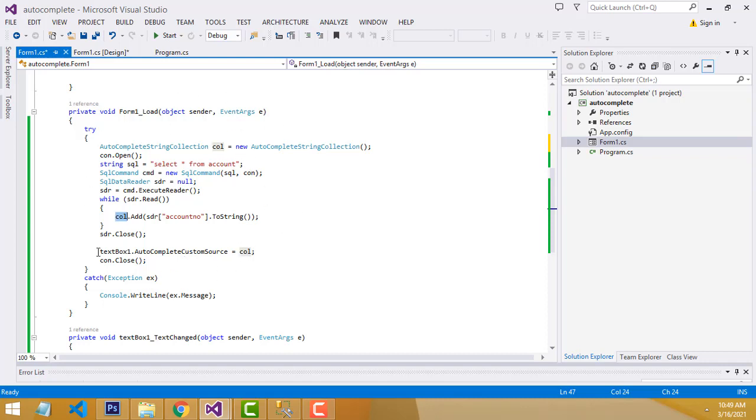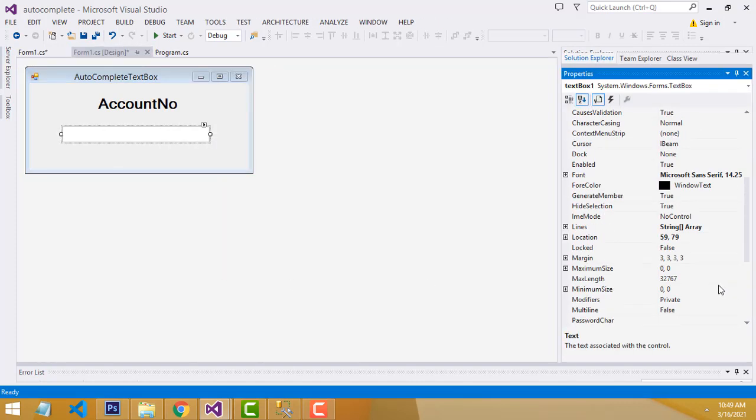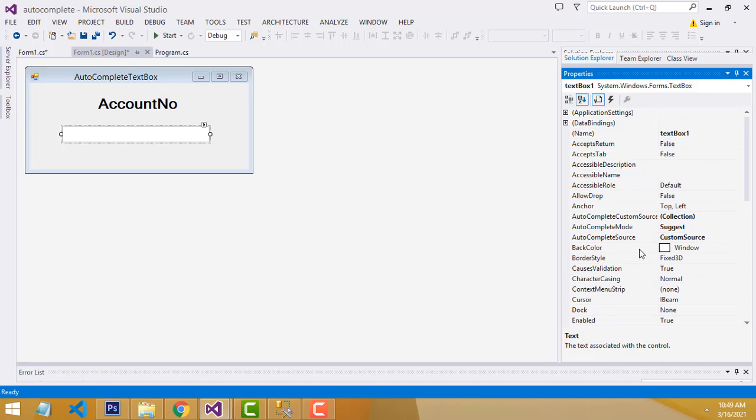One thing you must do after writing the code is set the properties. You have to go to the autocomplete properties. You have to make sure of these three things. The autocomplete source is not given here, because we will be loading from the database.